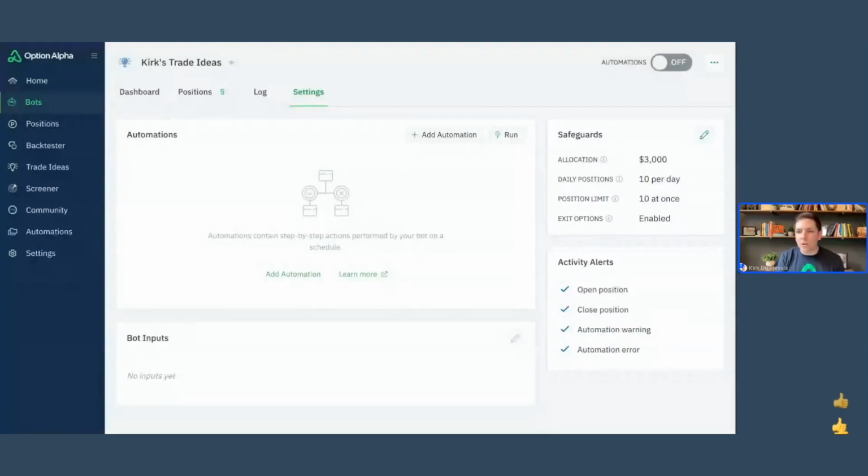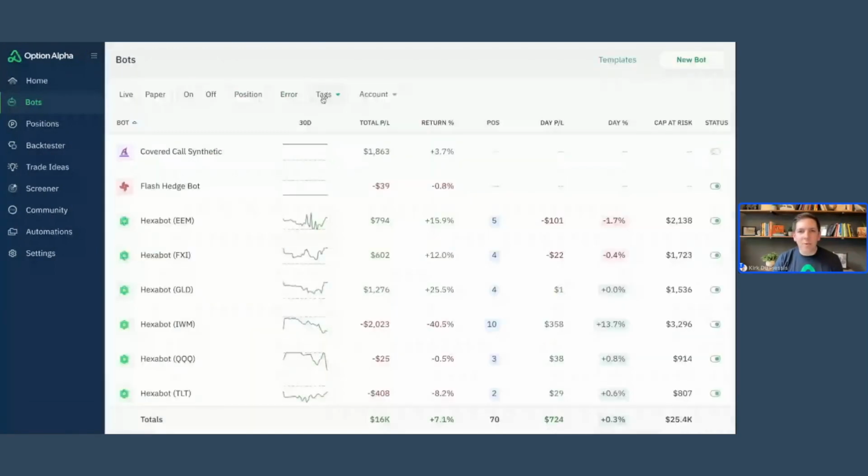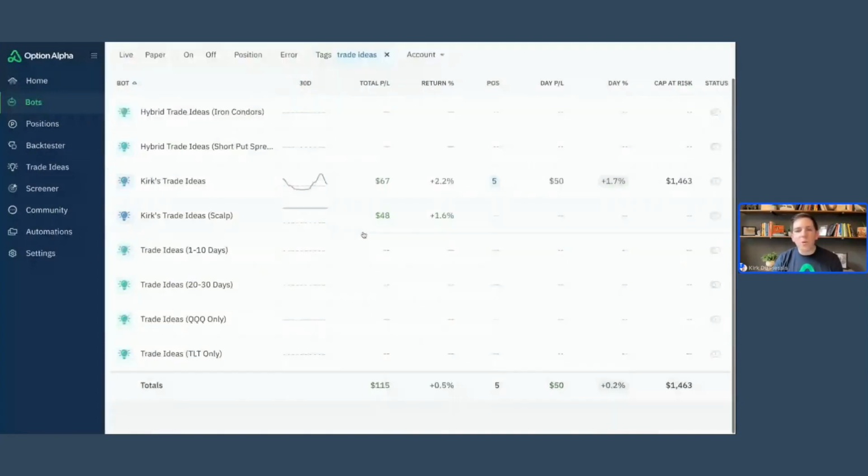That's one way you could do it. So if you want, here you can go to your tags for your bot, and you can tag this Trade Ideas. You can remove the tag Trade Ideas, retag it Trade Ideas, me, not me. The other way that you can do it is you can do it like this, which is you can have